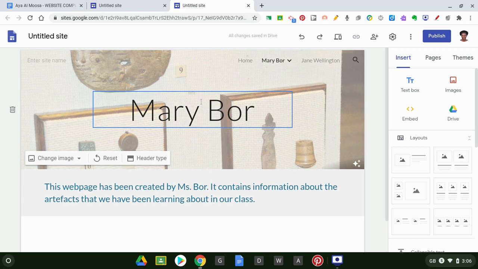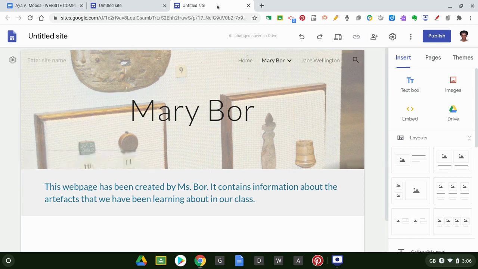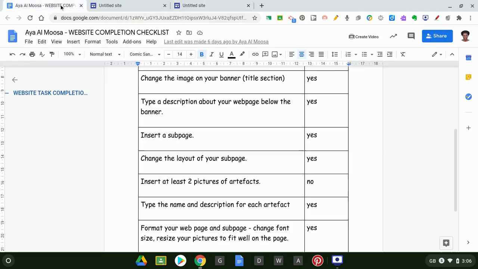So what I want you to do is start with the first task. Go to your checklist and look for what you have not done. And anything that has no means you have not done it, please do it during this lesson. After this lesson, I am locking up all the websites. We are not going to do anything on them because Ms. Bor is going to assess and grade all the work that you've been doing on your website.